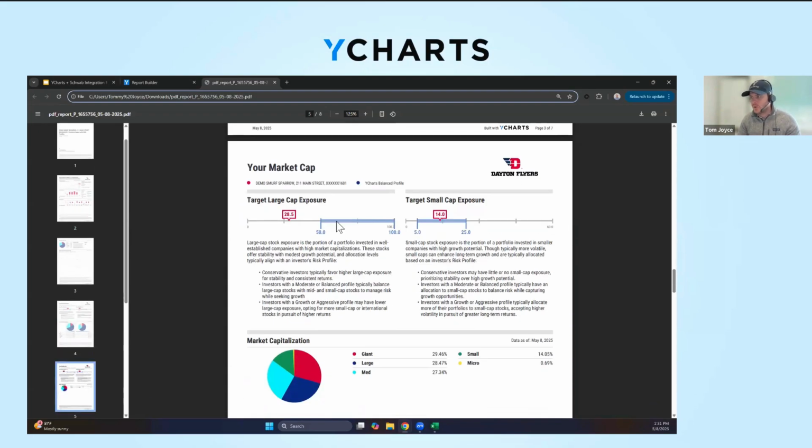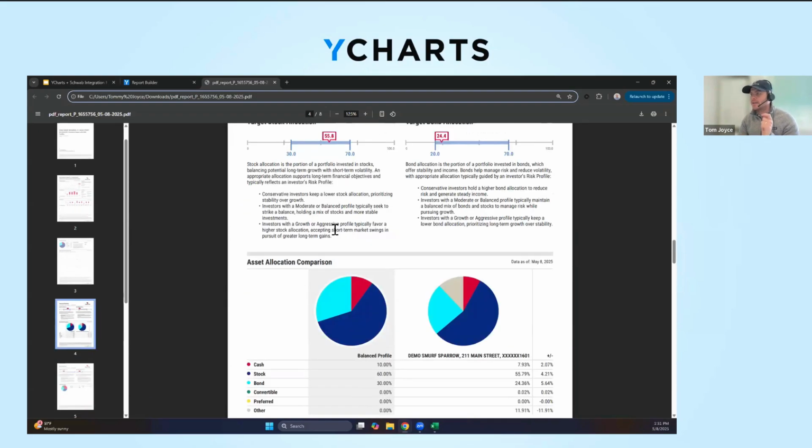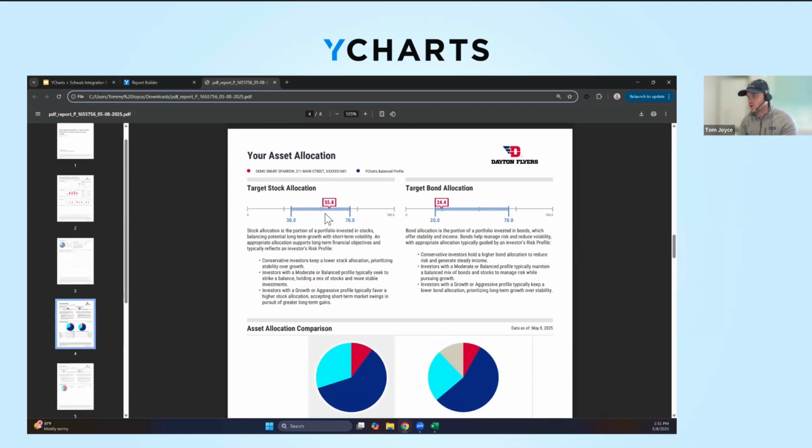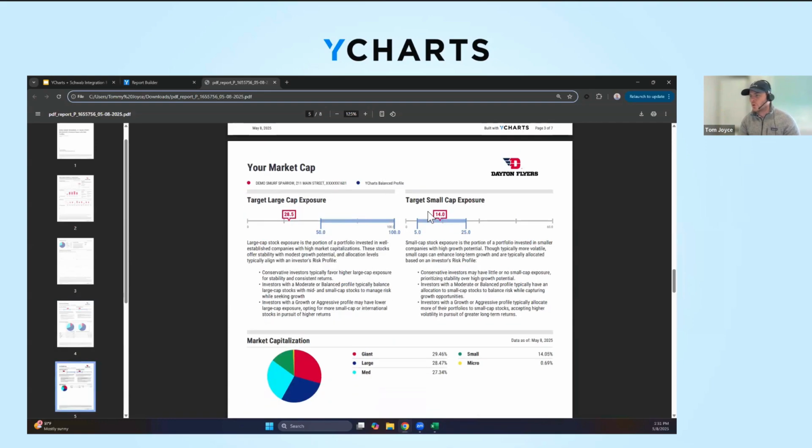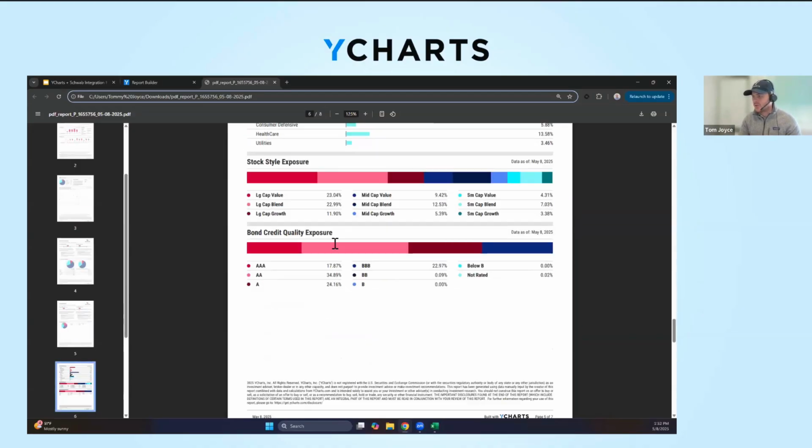Same idea when it comes to market cap. Like, yes, we've got the stock allocation appropriate, almost 56%. Yes, the target bond allocation is appropriate. Scrolling down though, we can see we've got the appropriate small cap. We do not have the appropriate large cap. We need to bump that up in order to kind of get to where we want to be. As I continue to scroll down,